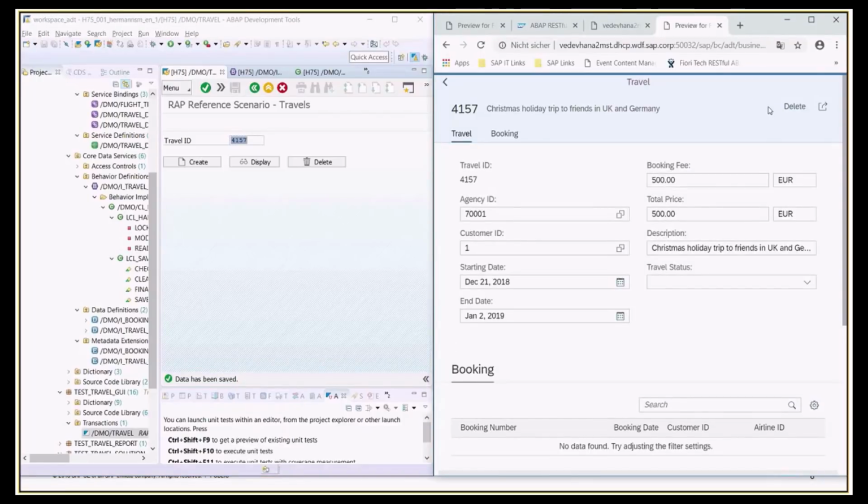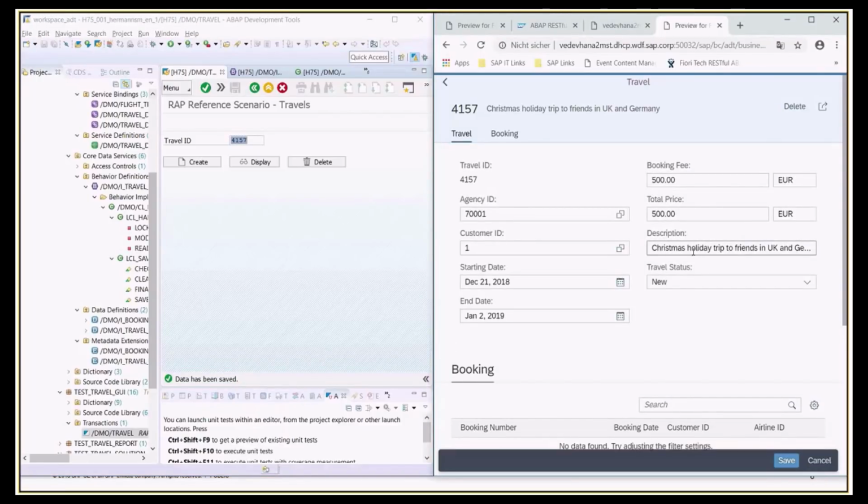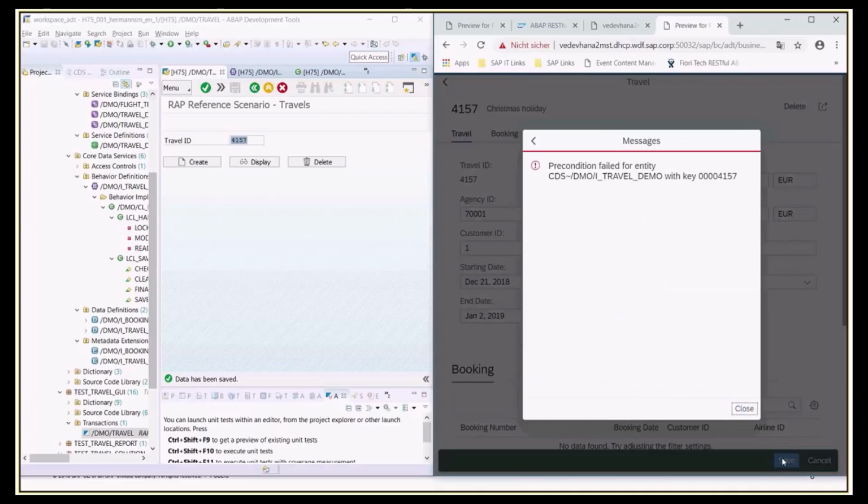Now we go into edit mode here. Of course, we do not get feedback right now because we do not have a draft application. So we just say Christmas holiday again. And if I save now the data, we get an error message which declines the update. So of course this error message, which is displayed here, precondition failed, is not an end-user friendly error message, and